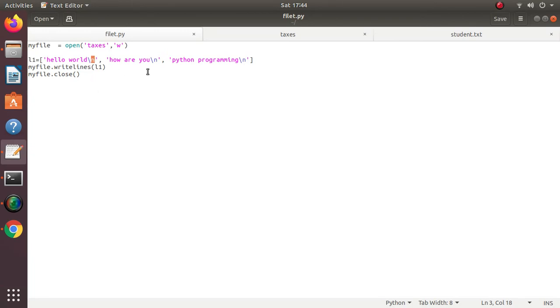Then how to use the append function. Now the third mode of writing in the file is append mode. For the append mode we will have to open the file with the string a as the second parameter of the open function.